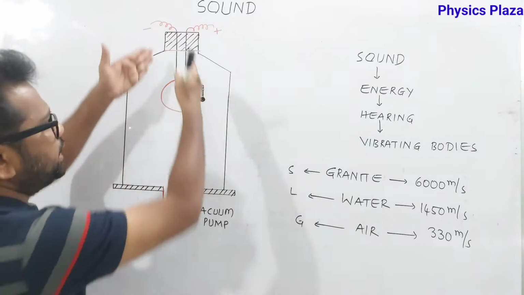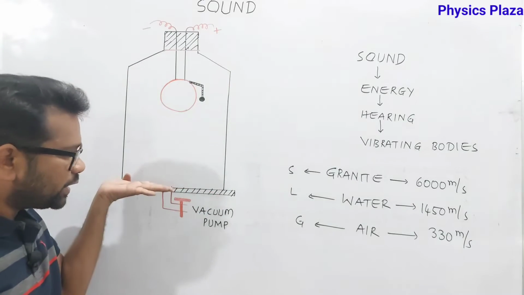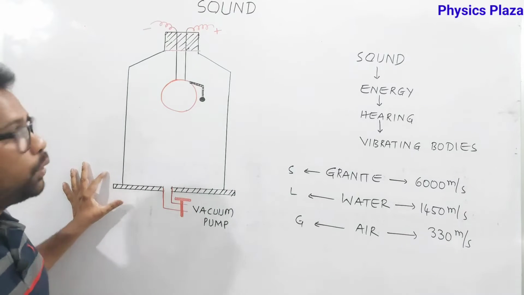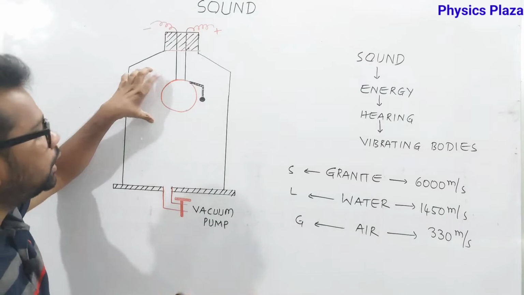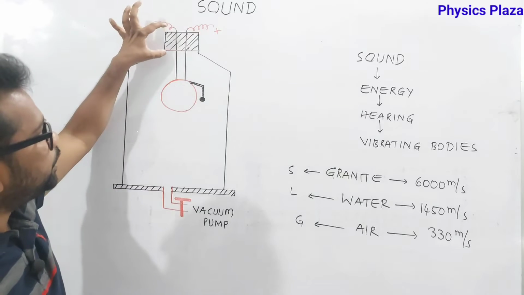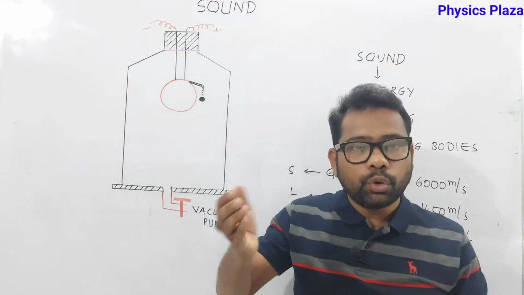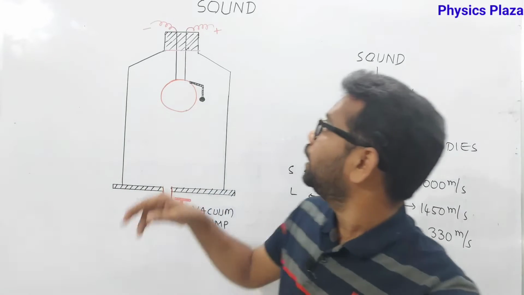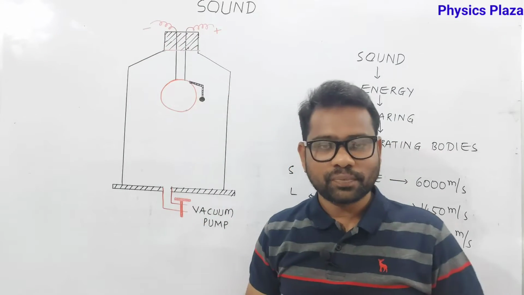It's very simple. It's a jar. The bottom of this jar is removed and replaced with a vacuum pump. Into this glass jar, an electric bell is introduced, with a rubber cork. It's an airtight rubber cork, children, so that air won't enter and won't escape if it is present. And here it is connected to the power supply.